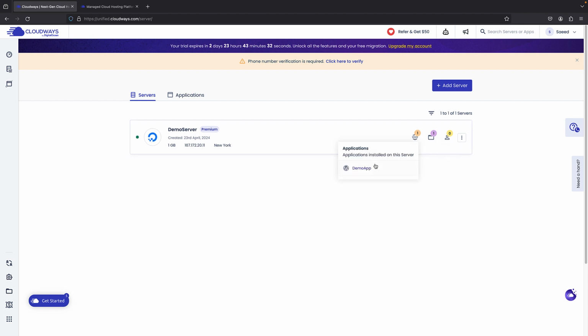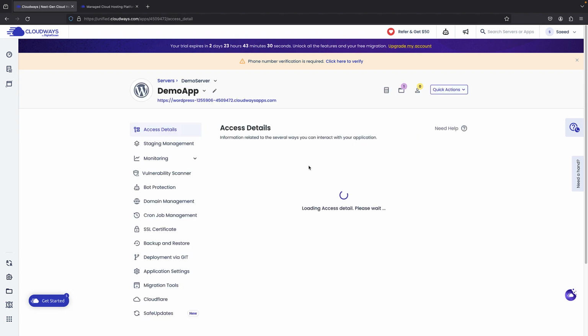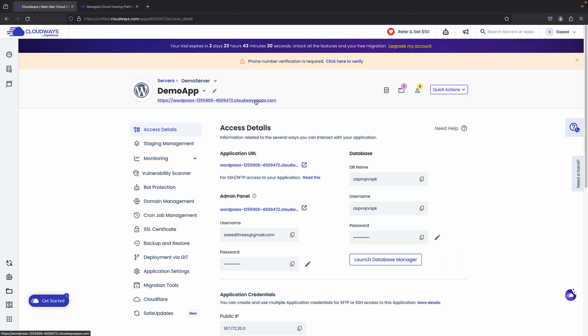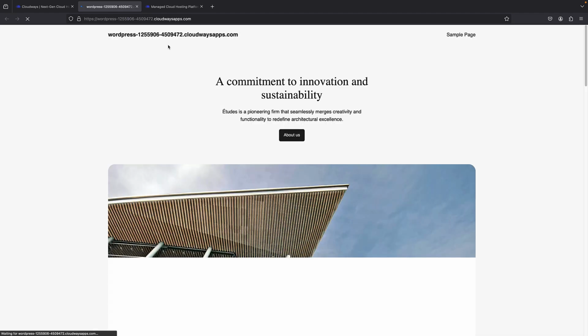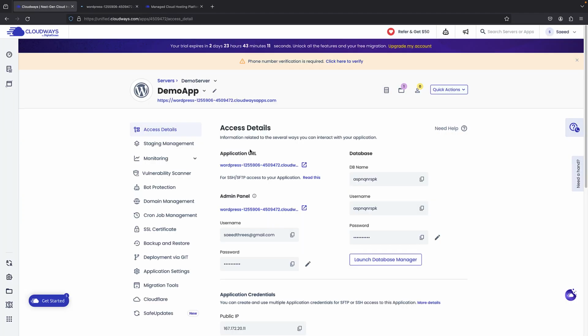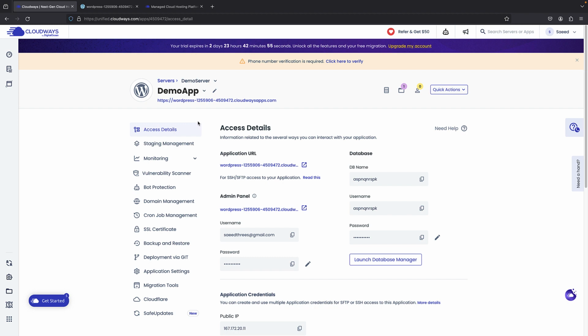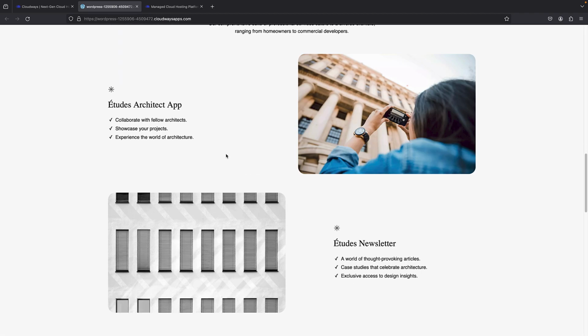Here, if I click on my demo app, you can see that we have the details and we also have a temporary domain address. I can just click on it, and that's really cool because I haven't pointed any domain here. You can of course do it. It's very easy. You just have to purchase a domain from another company, because here we do not have any domain registration. You have to purchase it and then point it to Cloudways the same way you do it in any other company. So that's the exact same process. So here we have our website,